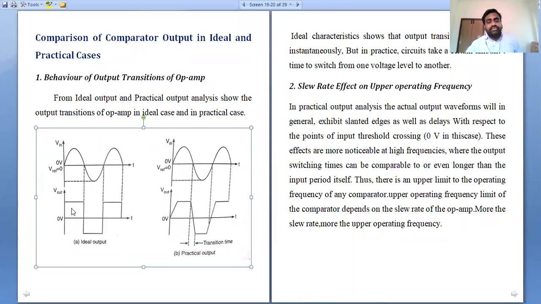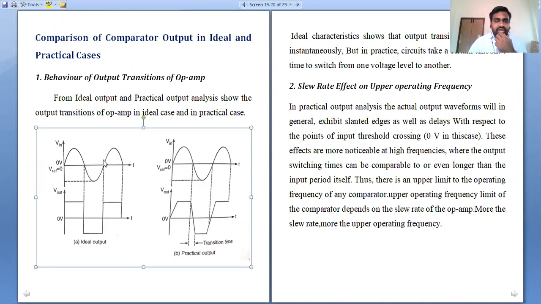If we observe this output of the zero crossing detector, this entire output waveform with respect to the input waveform is exactly the case we studied in the zero crossing detector. The instantaneous, time varying input voltage crosses the reference and goes towards a positive peak. At that condition, here we have a positive peak, and later at the negative peak, here we have a negative peak. So this is an ideal condition.